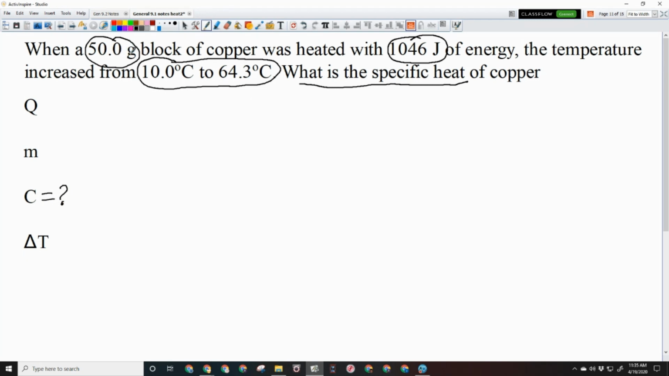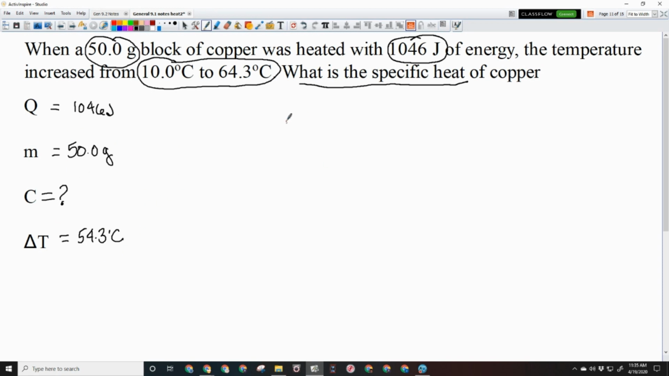All right, 50 grams. Grams is a mass, so that must be my M. 50.0 grams. 1,046 joules of energy, that's Q. So I'm going to put 1,046, listing out my givens. Change in temperature. All right, so we started at 10 and it went to 64.3. So the change in temperature is 54.3 degrees Celsius. All right, so I have joules, grams, Celsius. Those are all the units that I need for this,